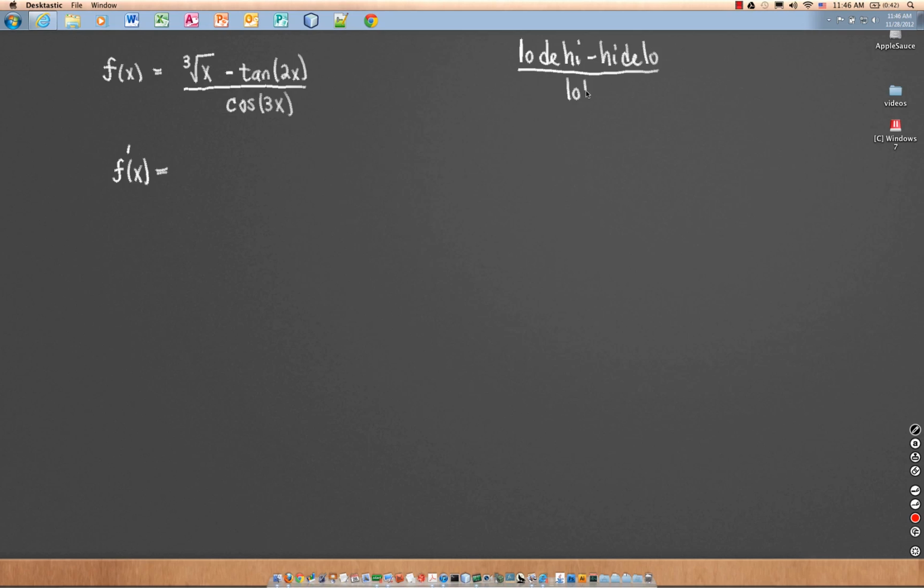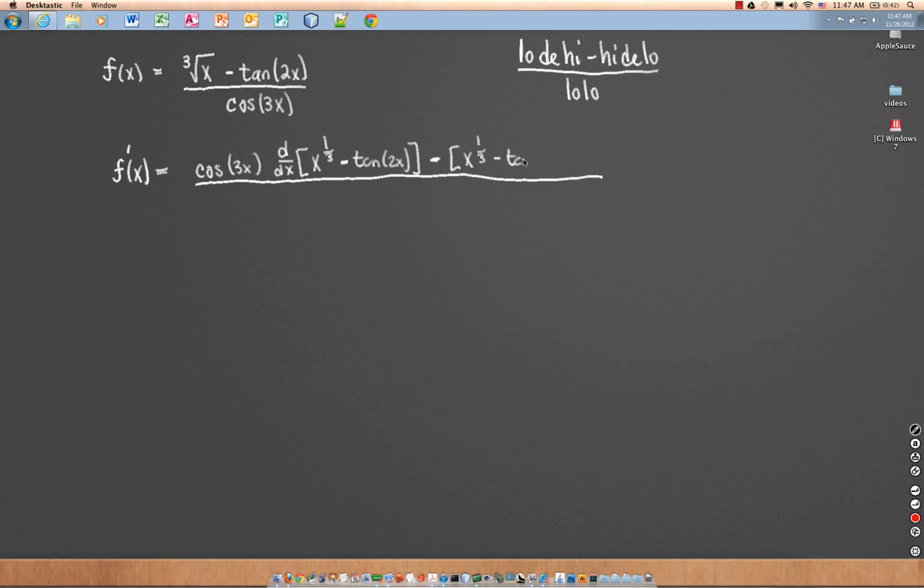all over low low. So we're going to do this the nice and slow way so that we don't make mistakes. This is the low, so I'm going to make my quotient bar here rather long. So I take the bottom function, cosine of 3x, and all I do is I write d dx of the high function. This is d high. So I'm going to write the cubed root of x as x to the 1/3 so that I can use the power rule more easily, minus tangent of 2x,